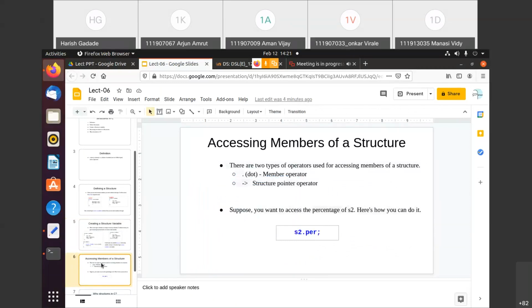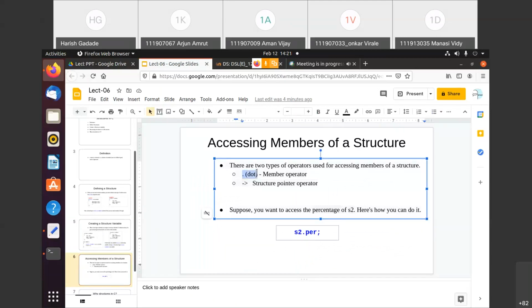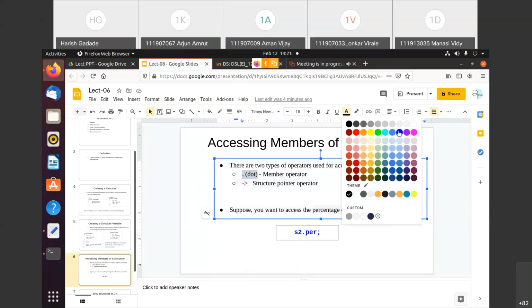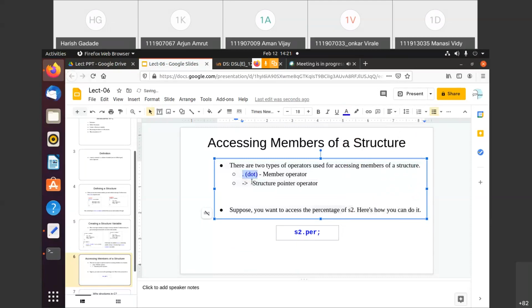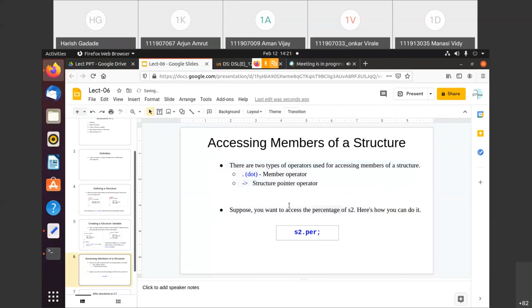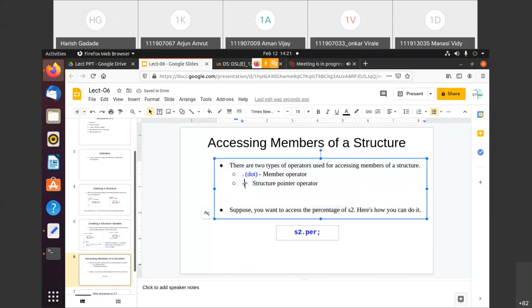Here there are two ways, or two operators, we use to access the members of a structure. One operator is the dot operator. This one you can see, this is a dot operator. It is used to access the structure member. And the second is this arrow operator, which is also used to access the structure members. But when can we use this one and when can we use that one?